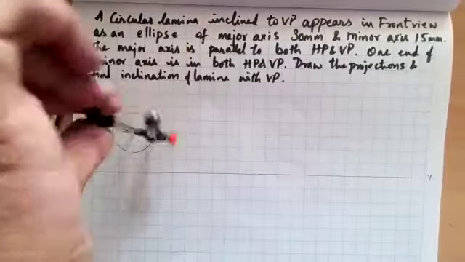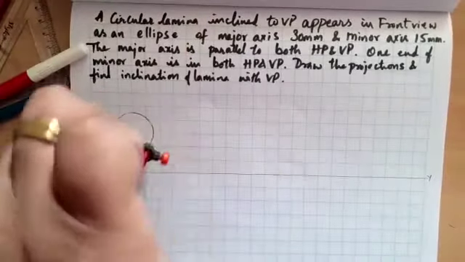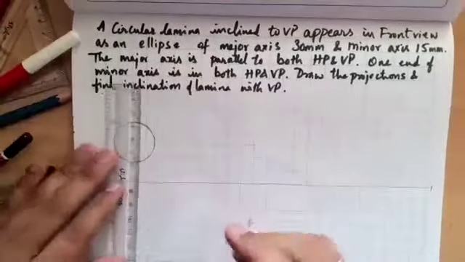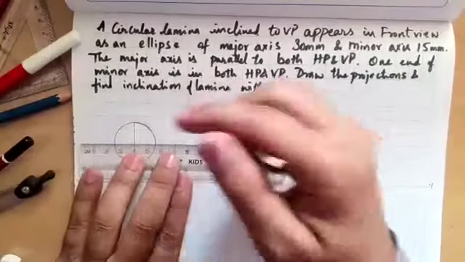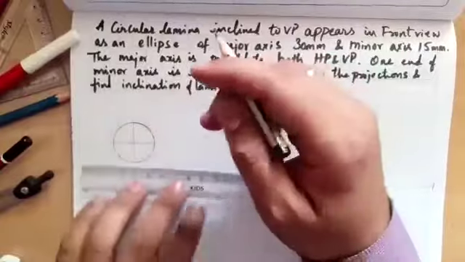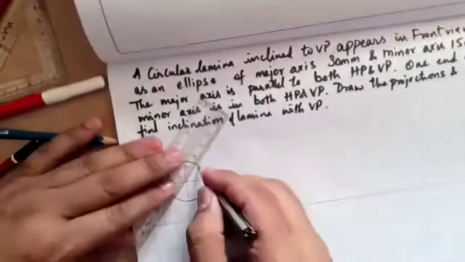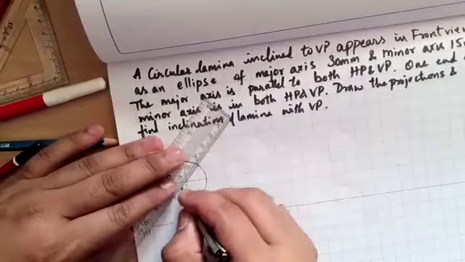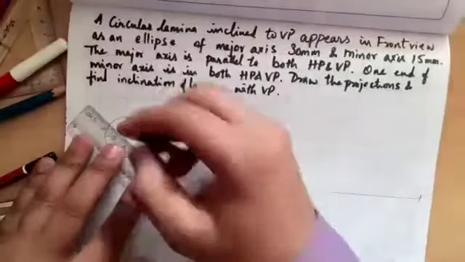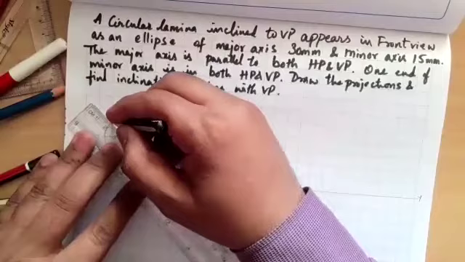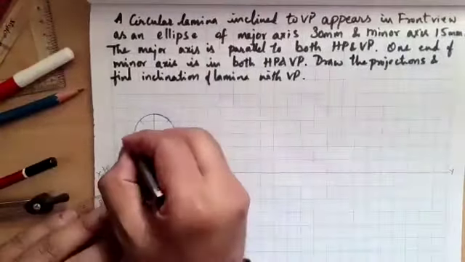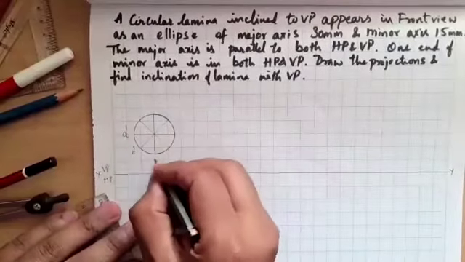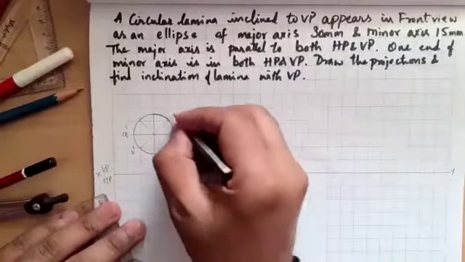As the front view is dark, I am using this dark line or 2B pencil and making the circle dark. For my convenience, as there are no edges or corners, I am dividing the circle so that I get some points on the circumference. I'll divide the circle into an equal number of parts, that is simply 8 parts, which is convenient for me for representation. So A dash, B dash, C dash, D dash, E dash, F dash,